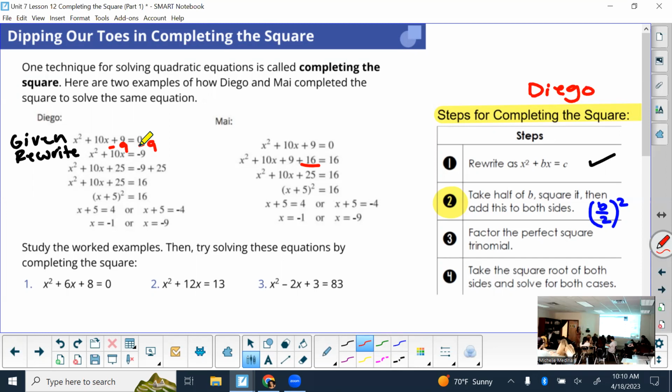Okay, so we rewrote it. Step 2 is to take half of b. So what's my b so far? I'm taking half of 10, which is what? And then we're squaring it, which is what? And that is what they're adding to each side. All right, on the left side, there's nothing to combine it with. On the right side, -9 plus 25 is